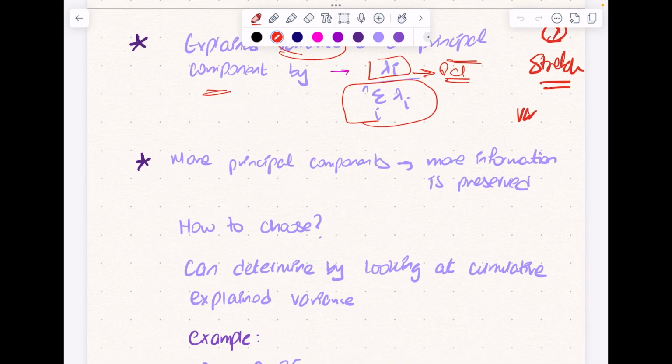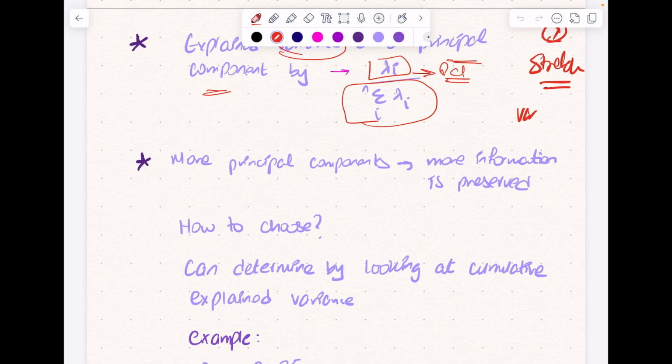Okay, so the next idea is that the more principal components we choose, the more information can be preserved. Why? Because think of it, we've got more attributes that are representing your data point. So more principal components can lead to more information being preserved, but how do we choose the right number